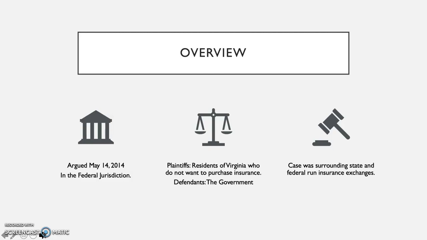The Affordable Care Act required that minimum coverage was purchased. However, there was a clause that allowed for exemptions if insurance could not be afforded. In this particular case, the plaintiffs were Virginia residents who do not want to purchase insurance, as Virginia did not establish a state-run exchange, but rather relied on a federal exchange. The defendants would be the government,